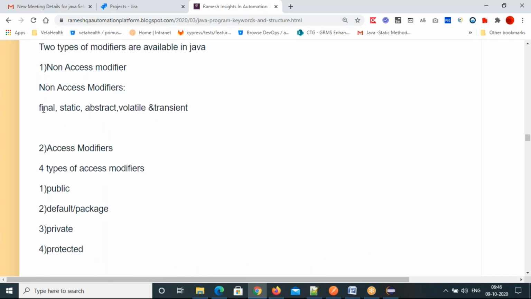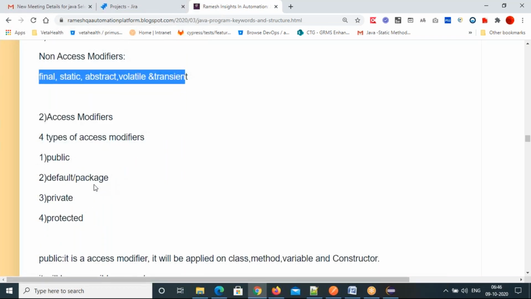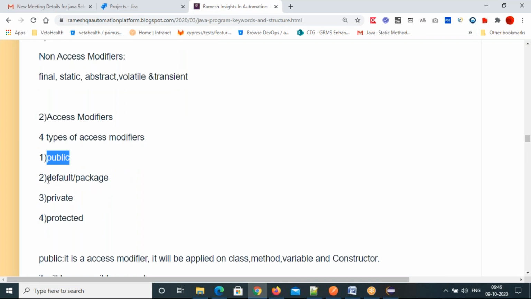Non-access modifier keywords are final, static, abstract, volatile, and transient. And access modifiers are public, default or package, private, protected. These four will give permission to your class inside members, the variables, methods, and constructors.